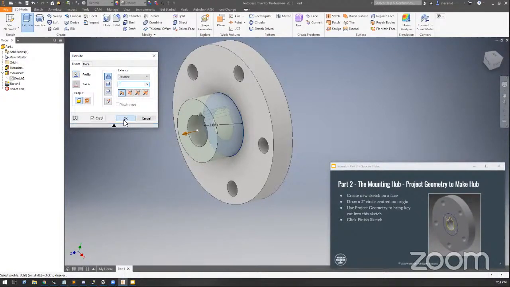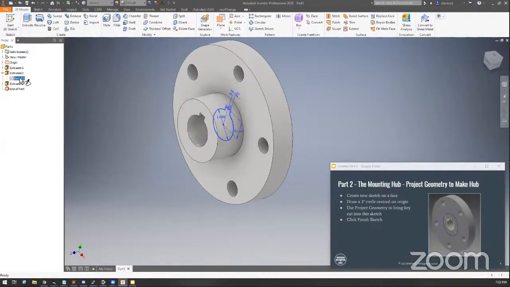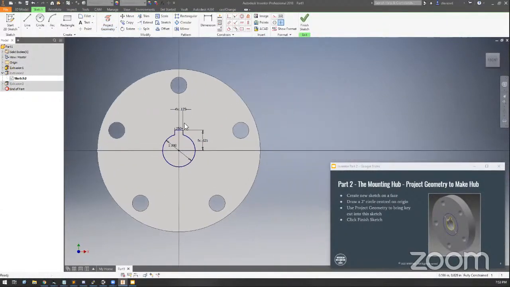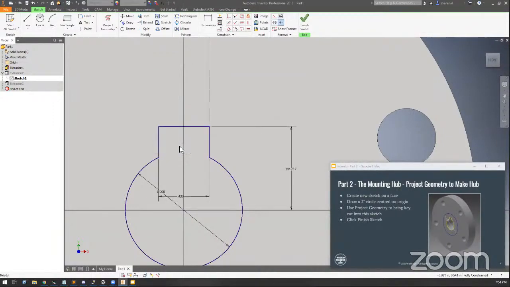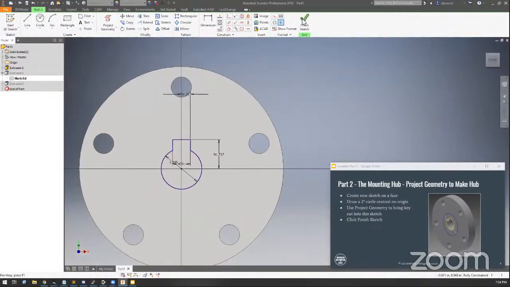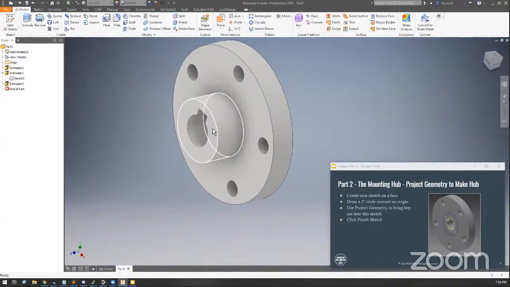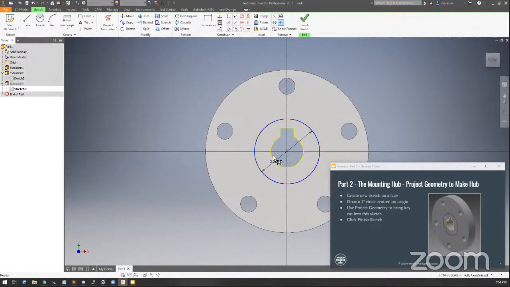Okay, as a matter of fact, now if I go back to this sketch and like I said before, made this to say that this is actually going to be an 11mm keyway instead, and I say finish here, that was translated back into this projection. So as I change something earlier in the model, because I projected that geometry, it comes through into this sketch